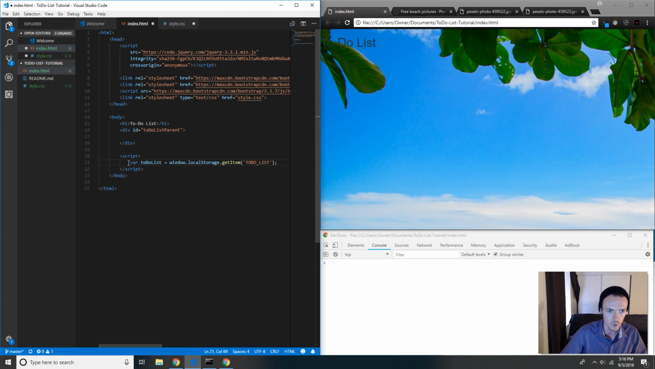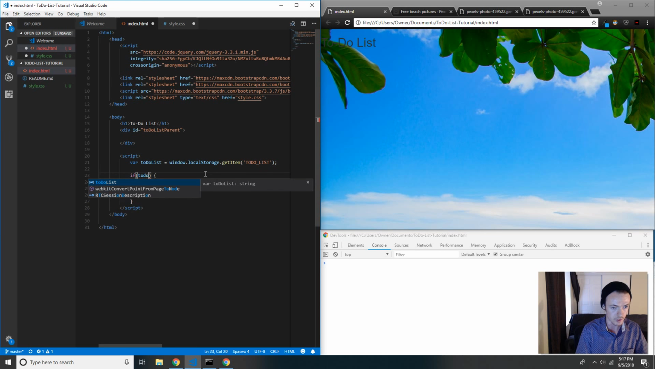So now we're grabbing the to-do list, but when we first load the page, it's not going to exist because we haven't saved any to-do items. This is the very first time we've ever loaded this page, so we're not going to have this in the local storage. So we're going to create an if else statement here, and we're going to say if to-do list, and that's basically saying if to-do list exists, do whatever is between these brackets, else otherwise do whatever is between these brackets. So if it does exist,